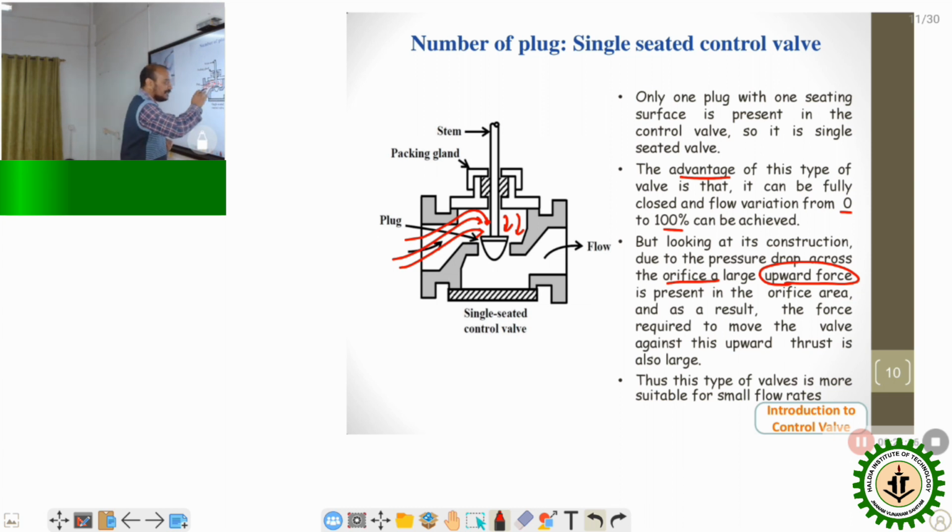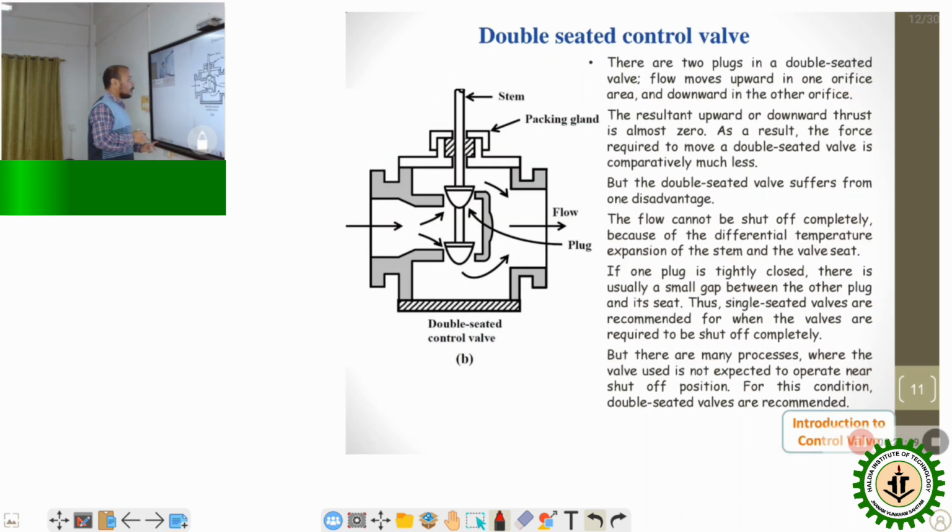Because you have an additional force given by this upstream liquid or upstream fluid, whenever you want to make your control valve open, an extra force needs to be provided to open it, and thus this type of valve is more suitable for a small flow rate. If you have a very high flow rate, there will be a high pressure given on the top of your plug, so in that case much more force will be required to open it. But if we talk about the double seated valves, here you are able to see